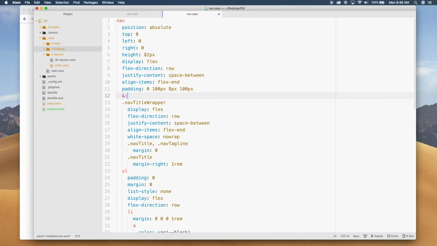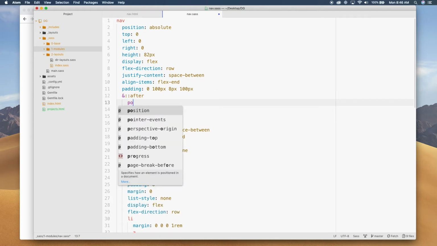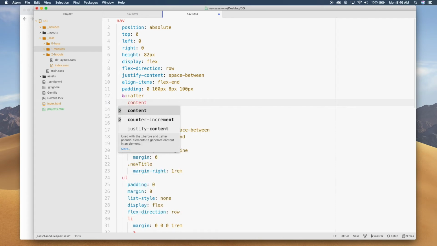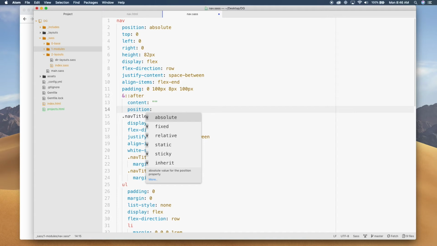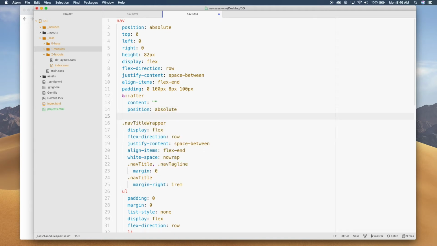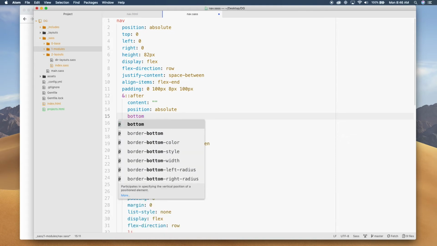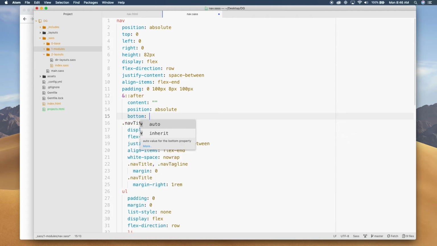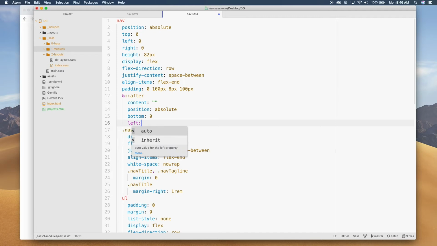We're going to do and after content, position absolute, and this is going to be bottom 0 left